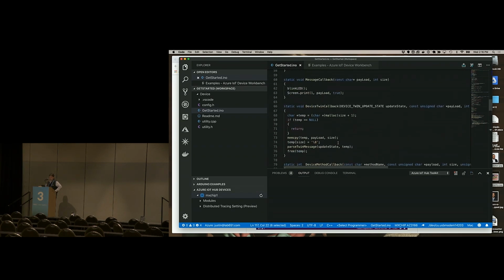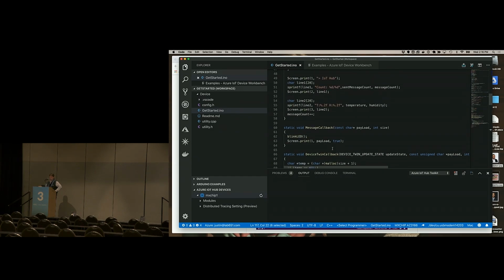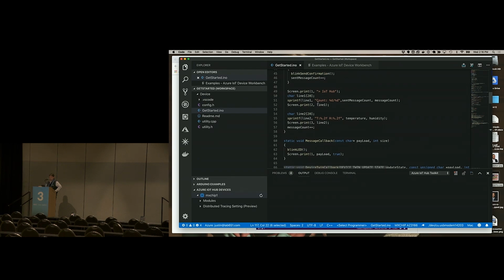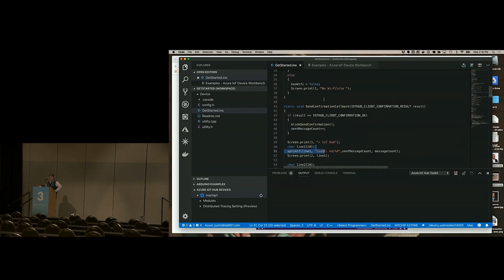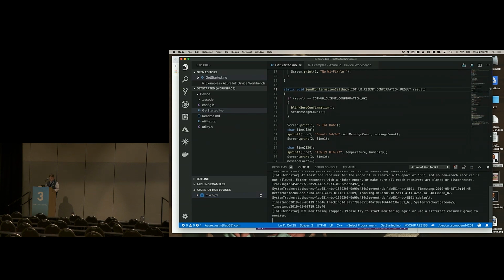You can walk through how some of these callbacks happen, but it's literally just sending data, and this is what is being sent out over time. This is being called each time through that loop function. Now, when you have the MX chip connected, you can click on one of your devices. This could be any device, but right now this is the only device that's plugged in and actually communicating. You can just say start monitoring device to cloud messages. So this will start up here, and we should start seeing